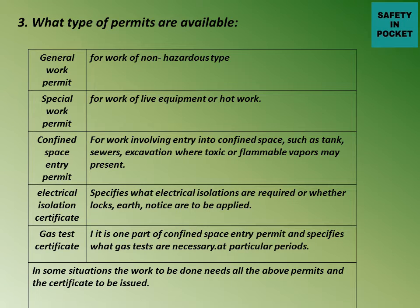What type of permits are available? There are several types of permits, some are explained here. From all these work permits, which is necessary for our work? For example, a general work permit is the work permit for all non-hazardous types of work. Special work permit, like whenever we are carrying out any hot work, or whenever we are doing some maintenance